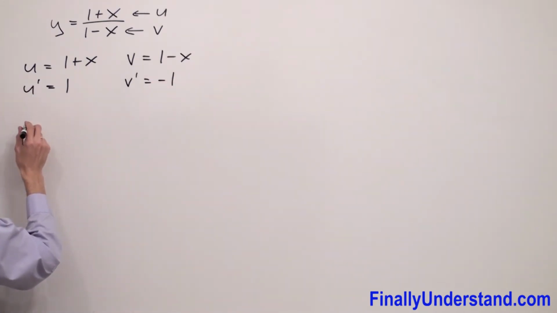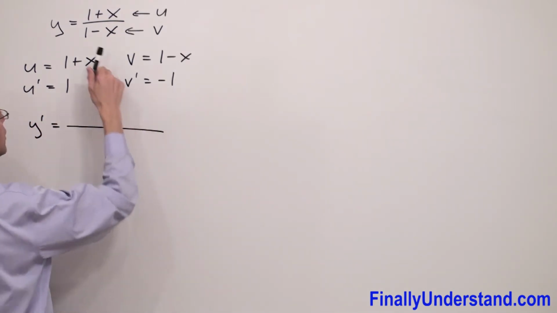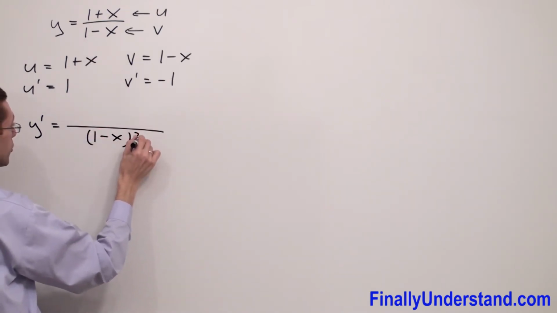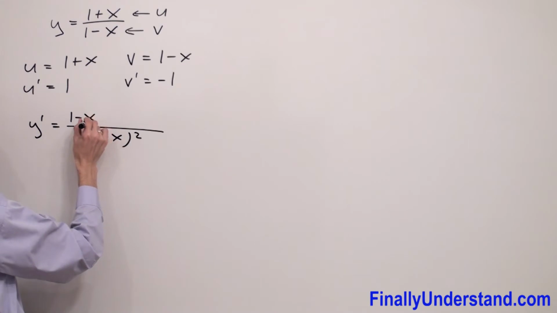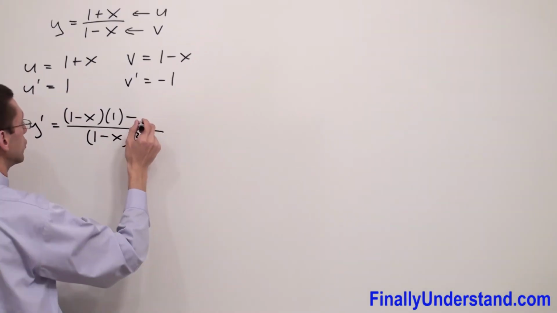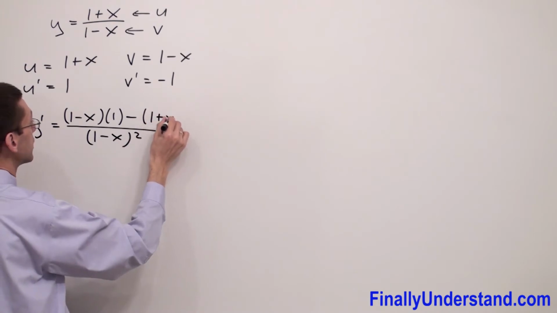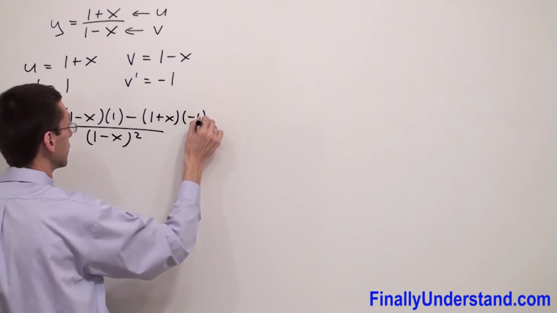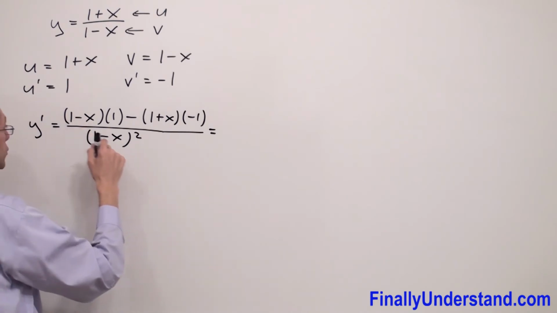So the derivative of this function, y prime, is equal to v squared in the denominator, so it's 1 minus x to the second power. In the numerator we have v first, so it's 1 minus x times the derivative of u, which is 1, minus u, which is 1 plus x, times the derivative of v, which is equal to negative 1. This is equal to 1 minus x,